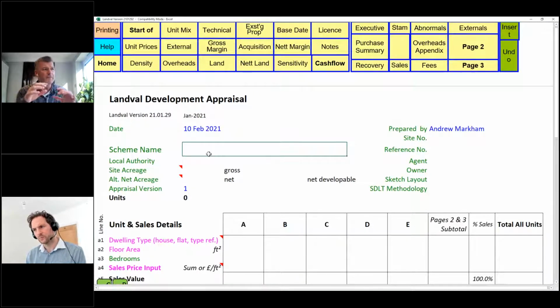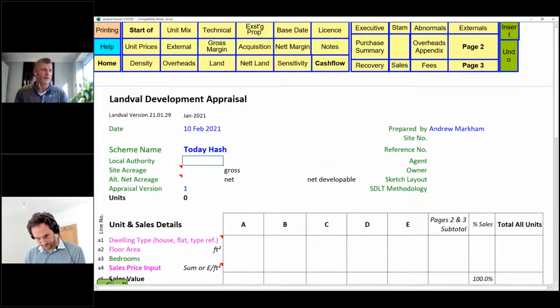The first thing we're going to do is put some basic information in here, which we do in development. I'm in Guildford, so we're just going to use that as a base. The first thing we're going to look at is what space we have to put our units on. So we're going to go with 5, and we might have 4.8 as a net area.